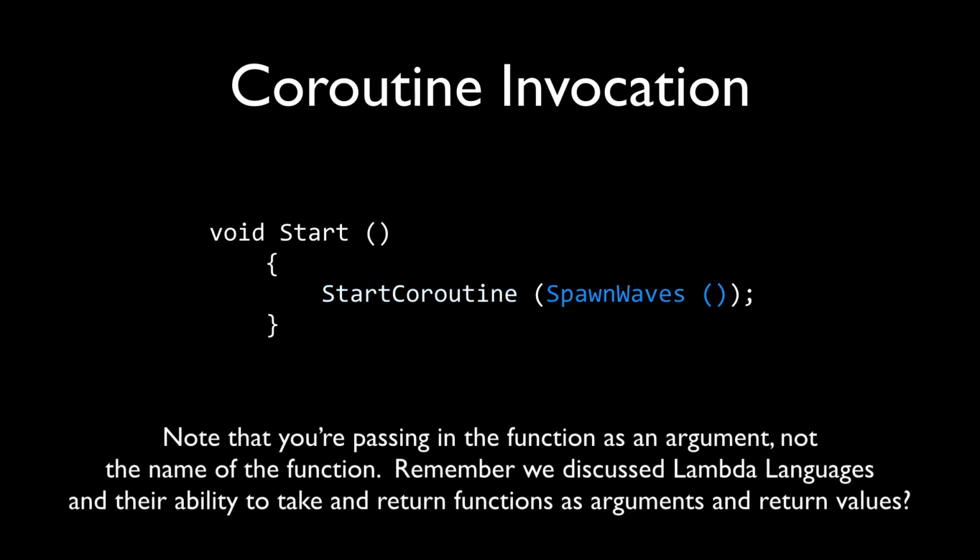So the only trick to this is that when we're starting the coroutine, we're passing in a function. Not the name of a function, we're actually passing in the function itself. And I briefly discussed in class, and I know I've mentioned in the functions lecture, the concept of a lambda language. And a lambda language allows you to pass functions as arguments and also take them as return types. And so this is something that's, I'm not going to say it's unique to C Sharp,